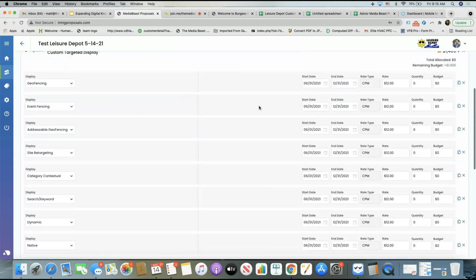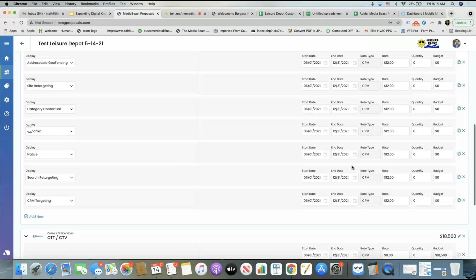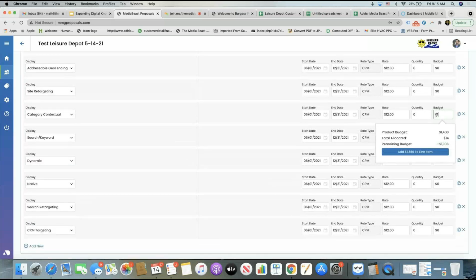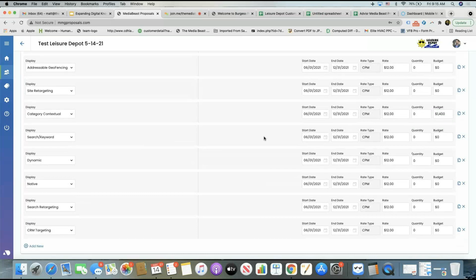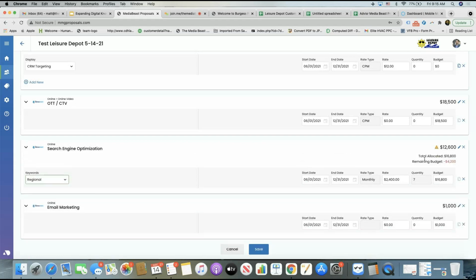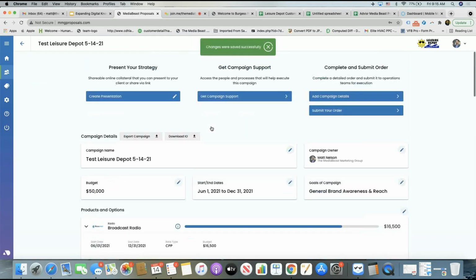So in here, this is where you would go in and add your details. If you wanted to do a certain thing for like category contextual, this is 1400. I'll just add that right here. And then for SEO, you have your options with the local, regional, and national. The regional is the one with the higher number of keywords, but you see it allocated a lower amount because it's assuming it needs just the basic local one. Once that's done, save, and all you got to do is click on Create Presentation,